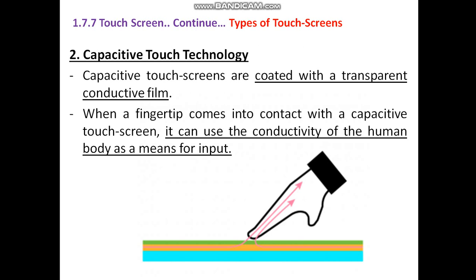Means when a fingertip comes into contact with a capacitive touchscreen, it can use the conductivity of the human body as a means for the input. Means it conducts the